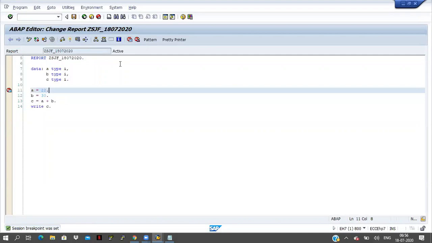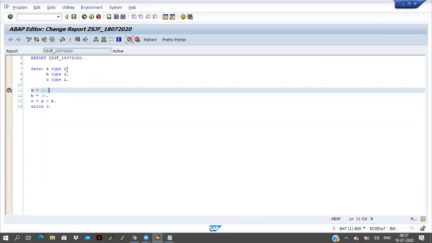It is mandatory to keep the breakpoint at the 11th line only. I will discuss why I am keeping the breakpoint at the 11th only. I can keep the breakpoint at the 7th or 8th, 9th or 12th, 13th. Remaining lines are also available. See here, this is the declaration part.